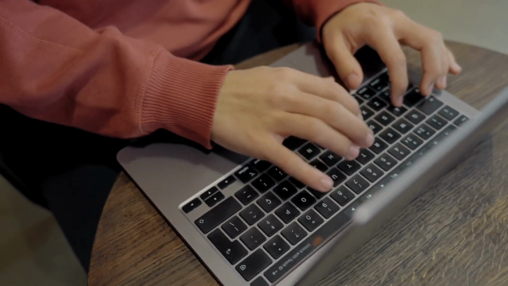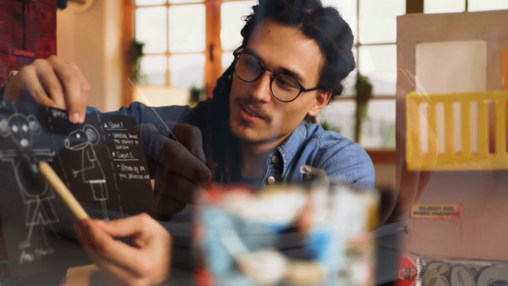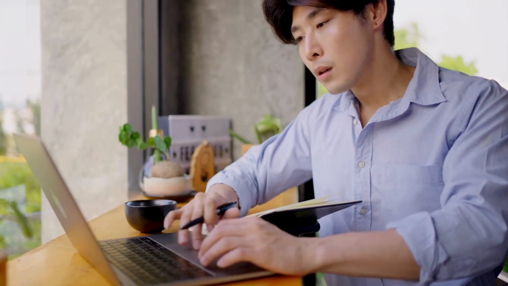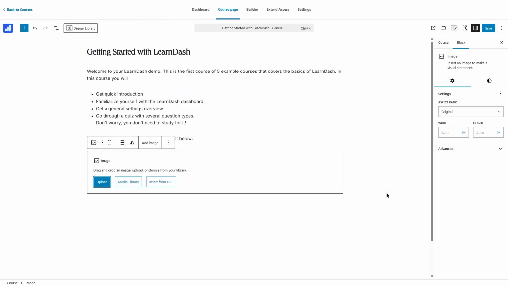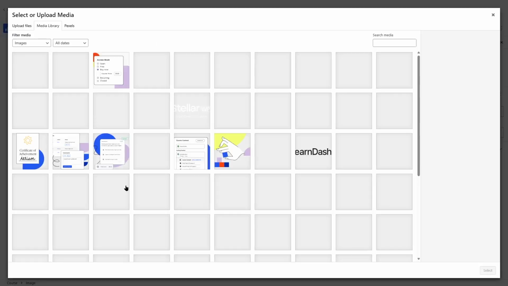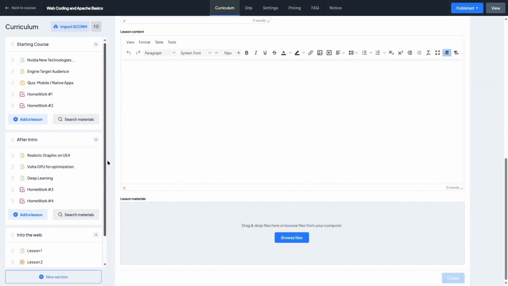In today's video, we're going to compare the course builders of MasterStudy LMS and LearnDash. Both of these plugins are among the most popular learning management systems for WordPress. And since the course builder is where you'll spend most of your time as an instructor, it's important to understand